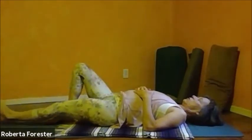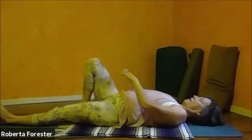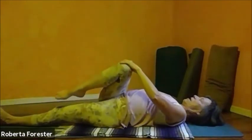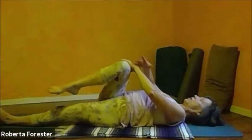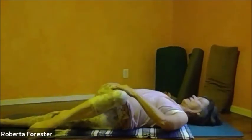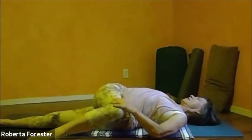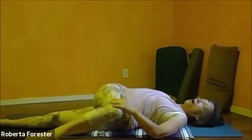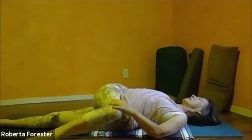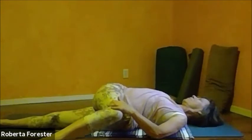stretch. So keep your right knee bent and let that knee come across to the left, just like our regular. Your arm can come out into a T. Left arm can support that knee. But just keep that soft breath that we've been using. Just breathe open in that